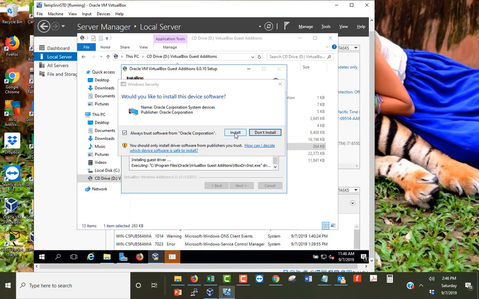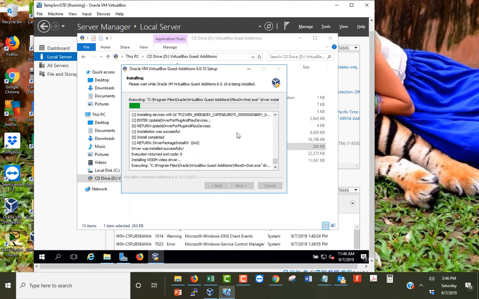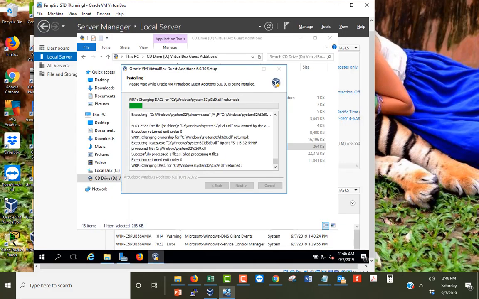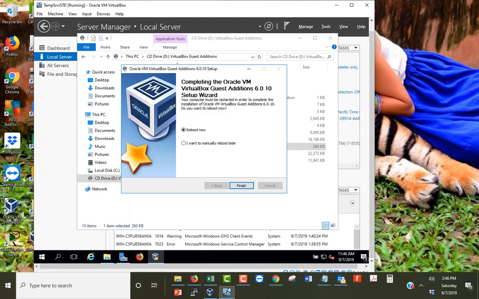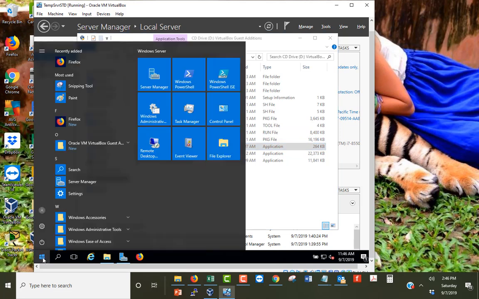And we'll say install. Okay, that's normal for the screen to flicker. And then we'll say I'll manually reboot later, and we'll say finish. Okay, so now let's go through a reboot process, and we'll do the last piece, which is setting up the share folder. So we'll go to start,